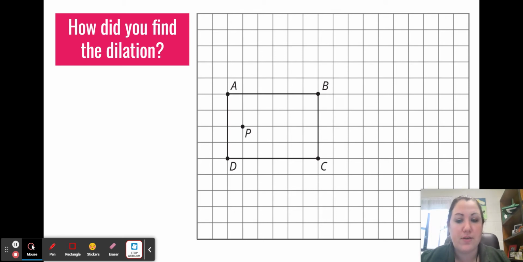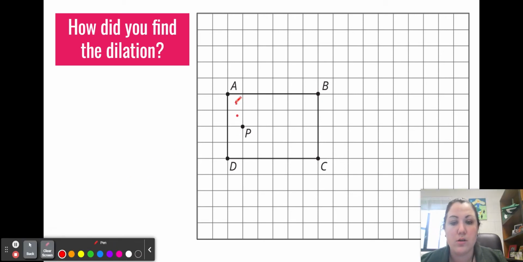If you remember in previous lessons, we used rulers or computer apps to figure out the distance between the center and the point we're going to dilate. Today, though, we are going to be using the grid. And you may be thinking, well, I can just count 1, 2 squares. So if I was doing a scale factor of, let's say, 1/2,